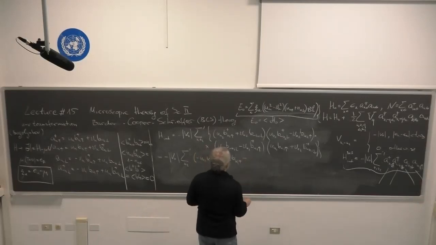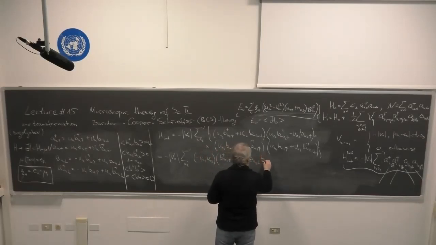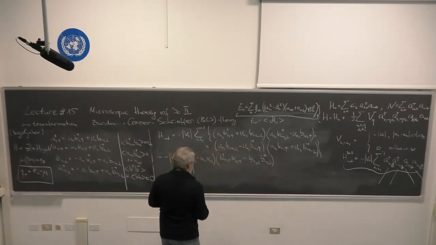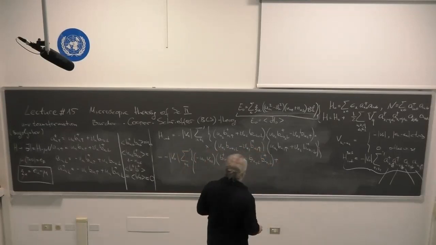Minus B minus K2 down, B minus K2 dagger down. Plus terms